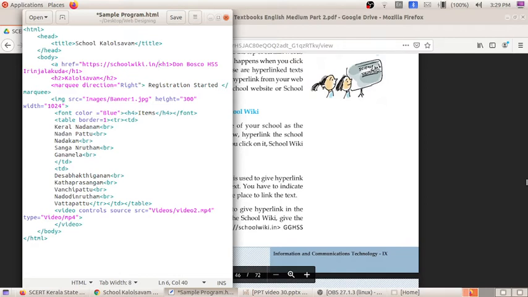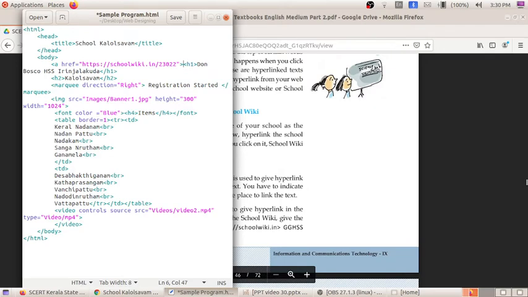Our school code is 23022. Okay, https://schoolwiki.in/23022. This is the code which I am giving, and I am closing this.